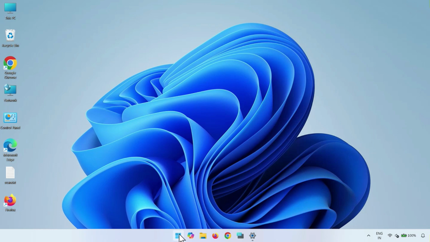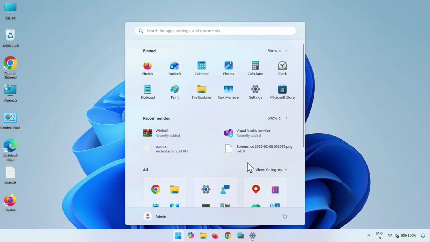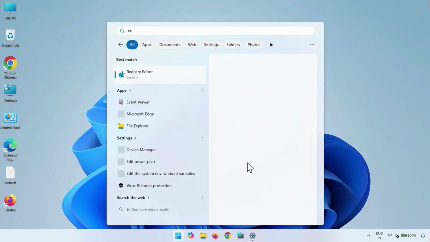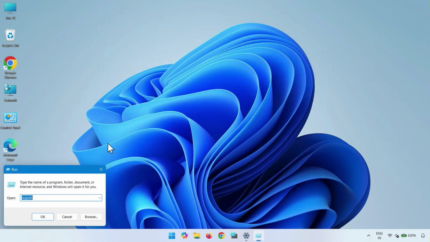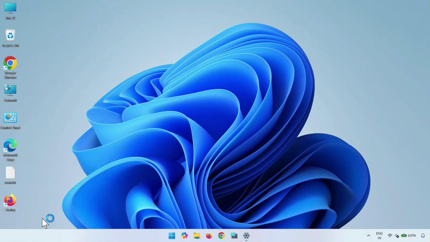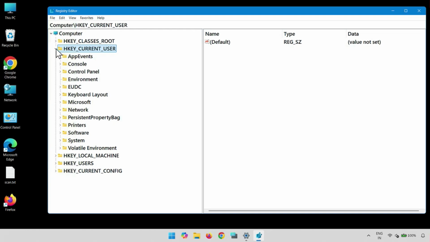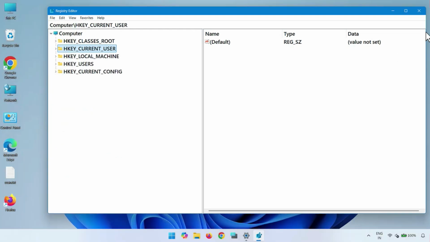So click on Start and type run, open it, type regedit and then click OK. After that click Yes. So this is your registry. Then guys,